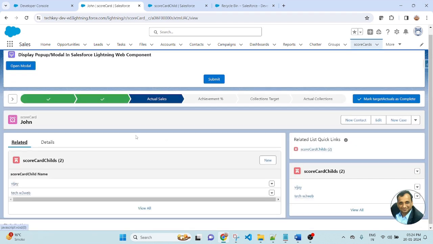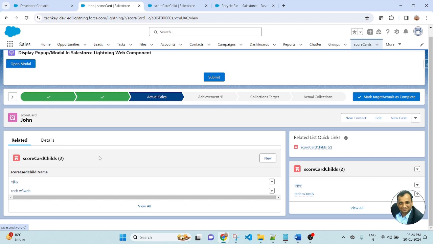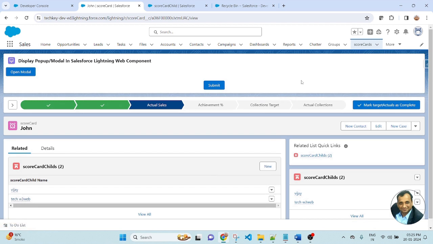Go to the related tab. Here we will check if any related list of child record is associated with this parent record, then we do not allow deleting the record. So in this parent record, there are two related child records. The first name is Vijay and the second name is TechW3 Wave. So as per the scenario, if the parent record has a child record, then do not allow deleting the record.